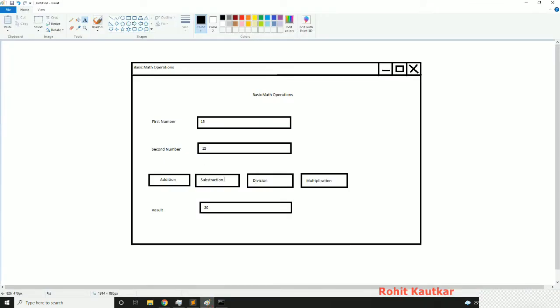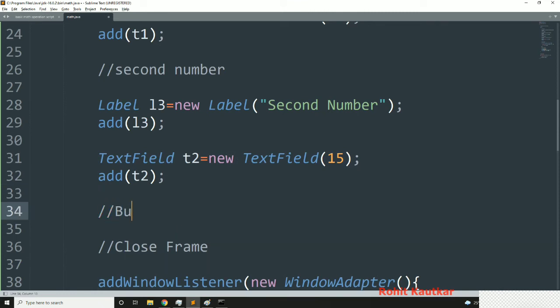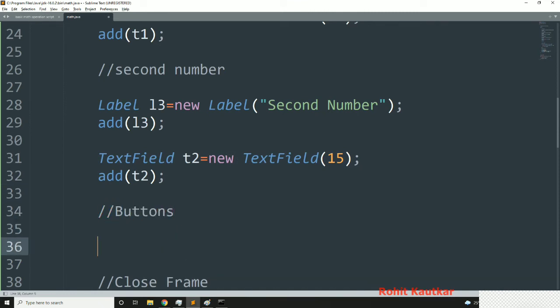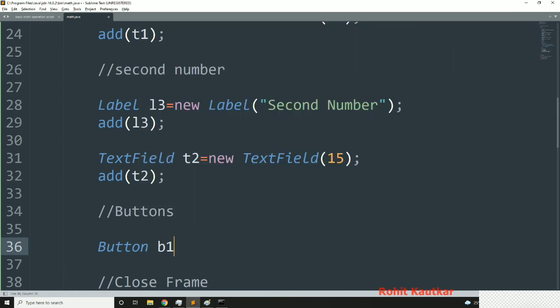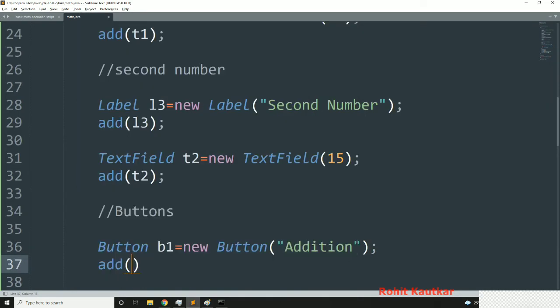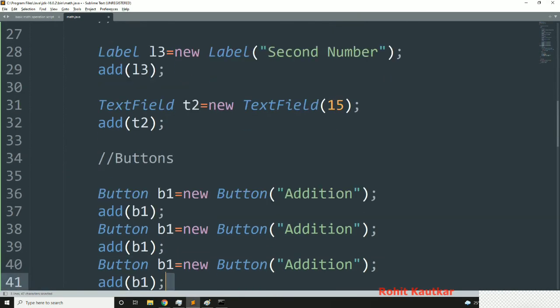Now next we will try to add these 4 buttons. So what I will do here, buttons. Okay, so let's say Button B1 is equal to new Button, and here I will say addition, and I will add this button like this, B1. Okay, now I will try to duplicate this 4 times as I want 4 buttons.